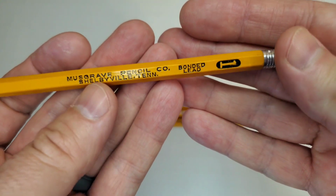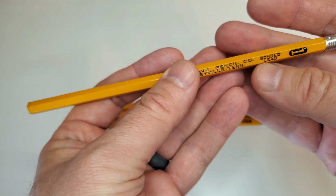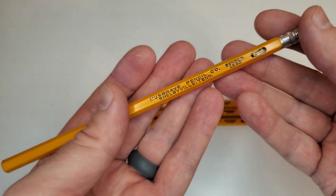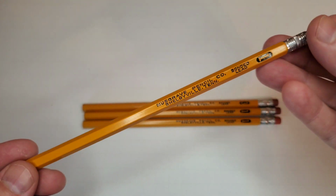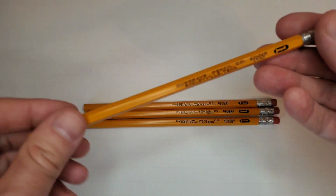But they are made by Musgrave Pencil Company, Shelbyville, Tennessee. There is no name for these pencils and no model number. So this would have been presumably a bottom-of-the-line school or office pencil, their budget pencil, and I don't believe such a thing exists in their current lineup. So if I can stop dropping it,